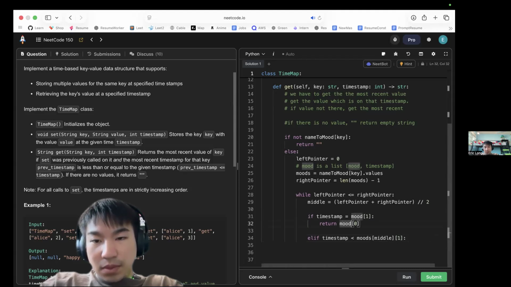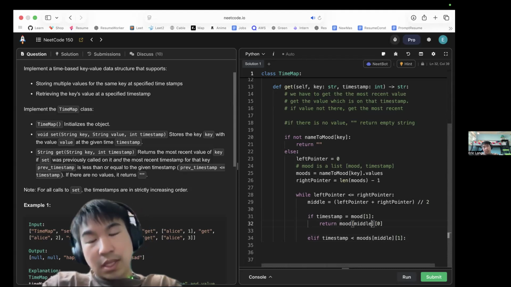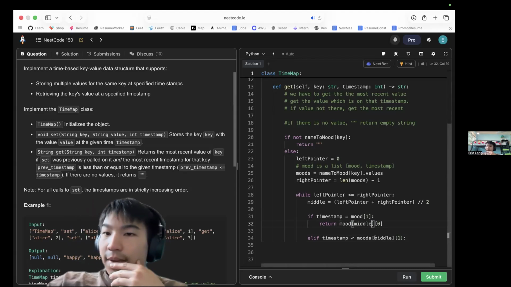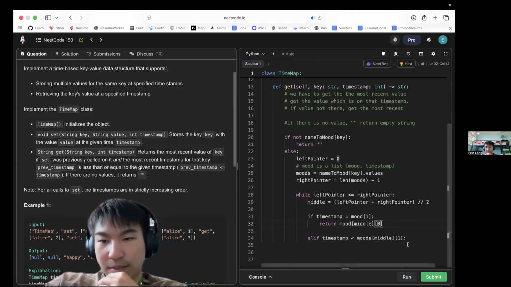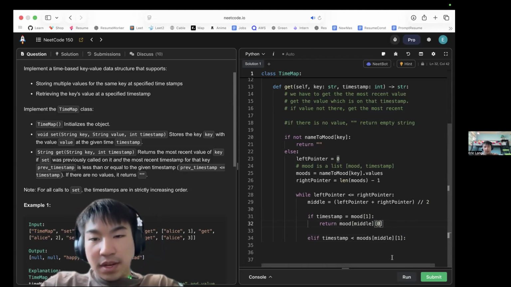It's actually moods of this mood, which is going to be middle, because it's going to be a nested list. So mood middle, we'll go ahead and get that current mood, and then in there, it should be like this. And we want to actually return that and compare this. So mood,